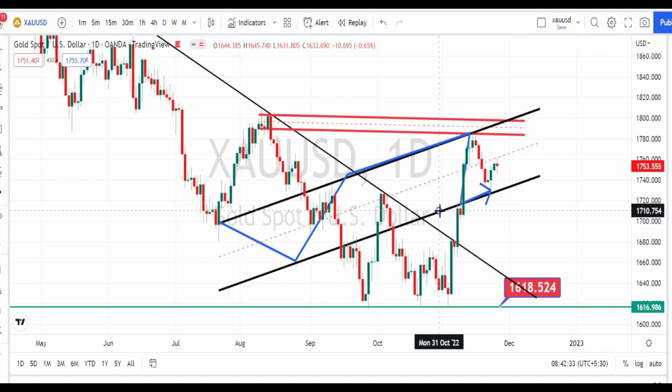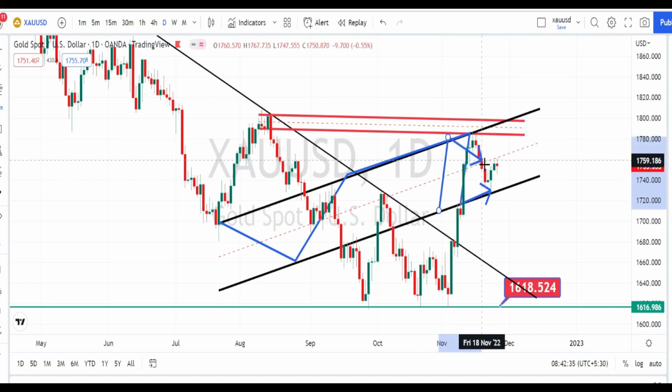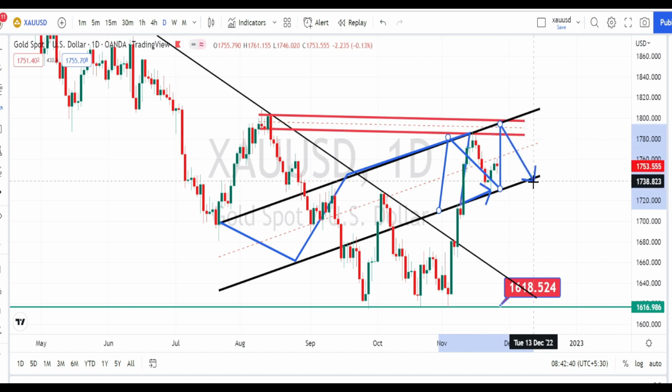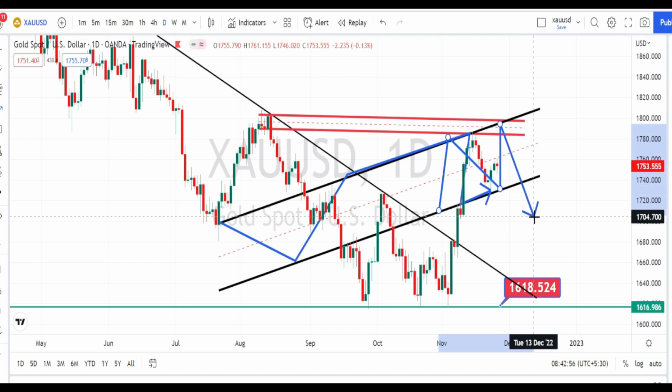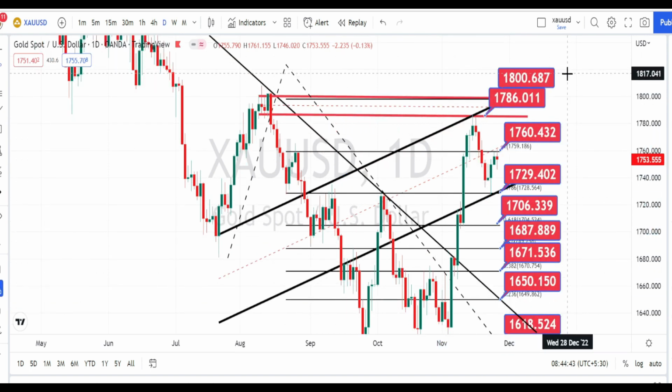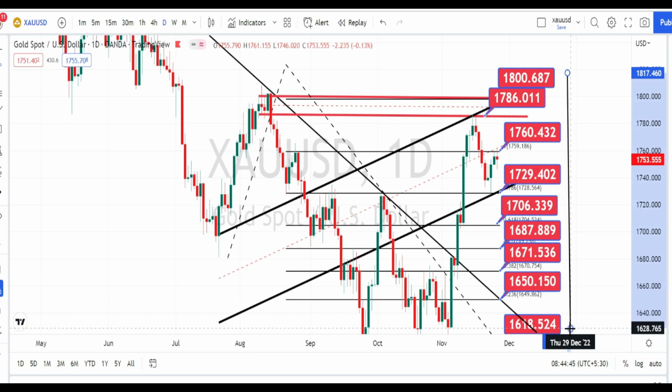So the current trend of the price action is in a bullish trend as long as it is trading within this bullish channel pattern, but still we have a very strong resistance level, and if the price action wants to trend on the bearish side, it has to break this trend line or the support line in order to restart its bearish side retracement. So these are all the resistance and support levels for current price action in daily time frame,